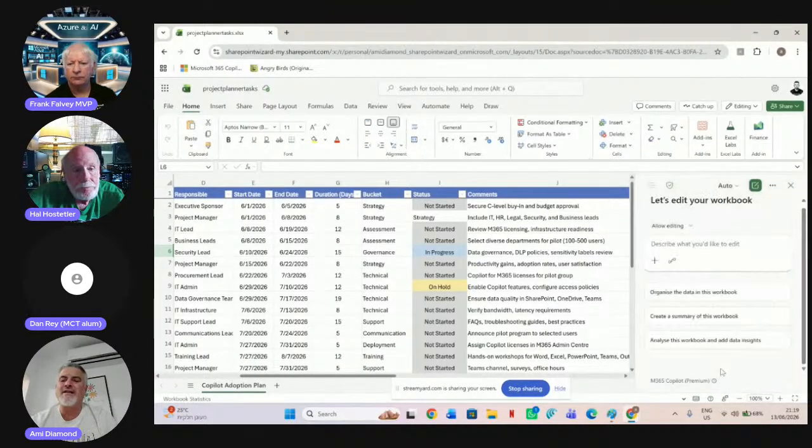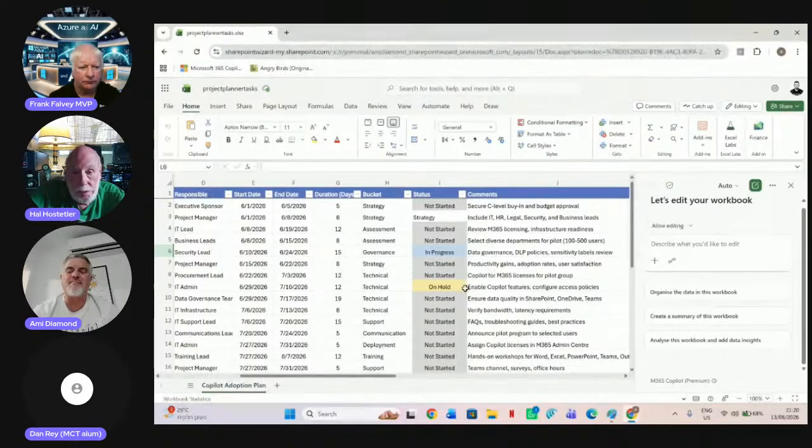And this stays for all Excel files that I use. Currently, it's on Excel on the web. I'm not sure that for each Excel you would like the same type of instructions, but for the meantime, it's not bad. So let's say I say,